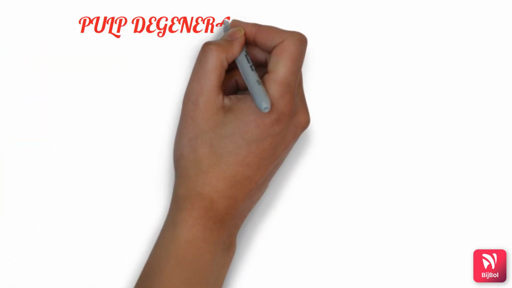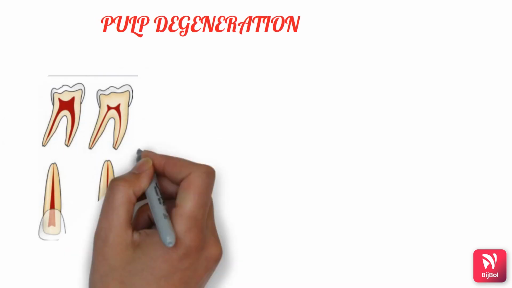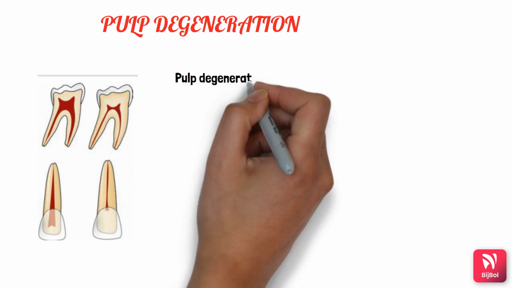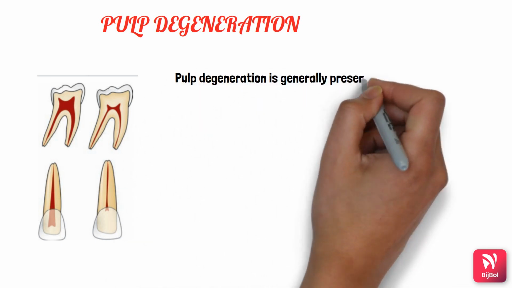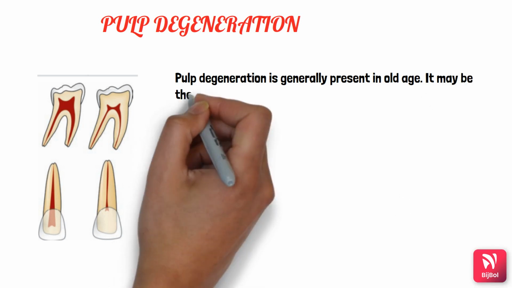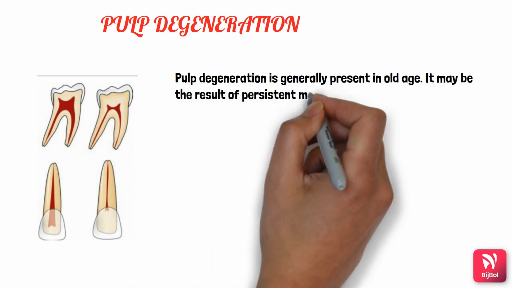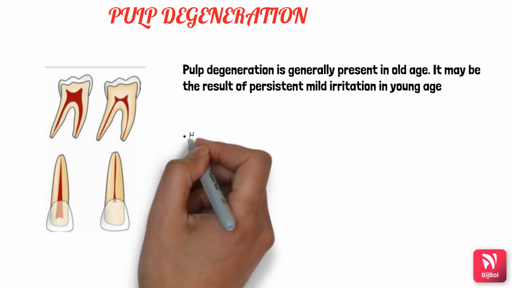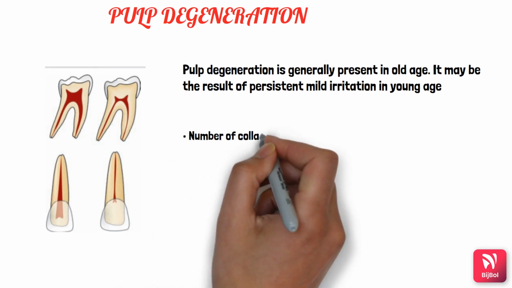Now we'll see about the pulp degeneration. The pulp degeneration is usually present in the old age, whereas in younger age it may result from the persistent mild irritation. If you see in the pulp degeneration, here the number of collagen fibers